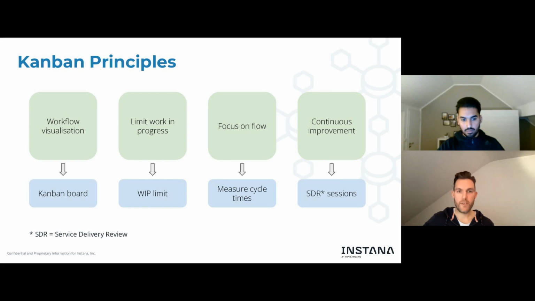And then to close the feedback loop, there's this continuous improvement which we do over service delivery reviews. From time to time, just as a retrospective you would do in a Scrum team, we look at our board and the analytics of our board and try to see where the bottlenecks are, where the wait times are, where is room to improve our service quality, so that consumers of the service our team provides really feel that there is improvement.